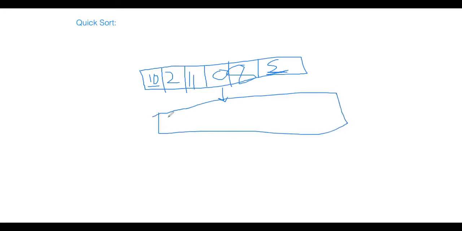Things can happen like this. 2 will come here, okay. 0 will come here, okay. 5 will come here, okay. Right, now. And what can happen is that 10 can come here, 11 can come here, and 8 can come here, right? I'm just starting with an example. I will tell you using code how these things will happen, right?